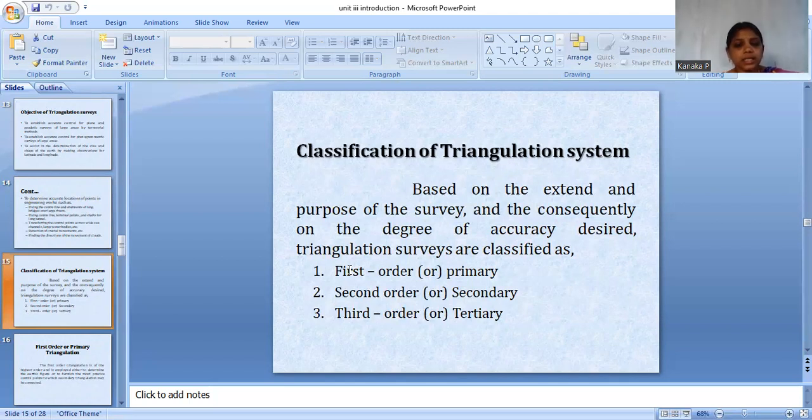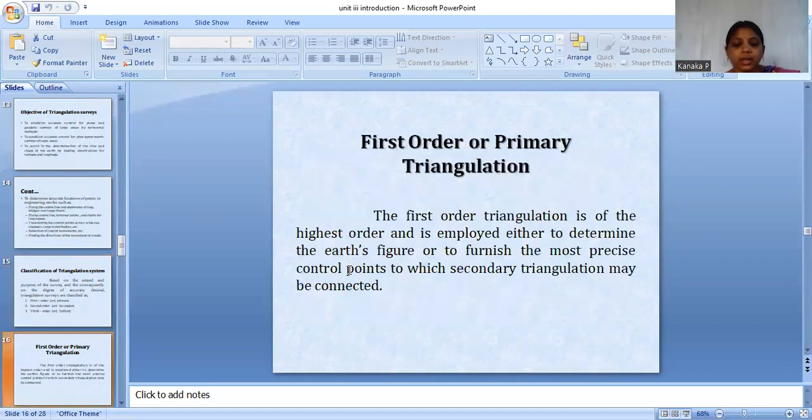closes 8 seconds, length of the baseline 1.5 to 5 kilometer, length of the sides of a triangle 8 to 65 kilometer, the actual error of base 1 in 40,000, and then probable error of base 1 in 5 lakhs, and discrepancy between two measures of the section 20 mm root of a kilometer, and probable error of computed distance 1 in 20,000 to 1 in 50,000,